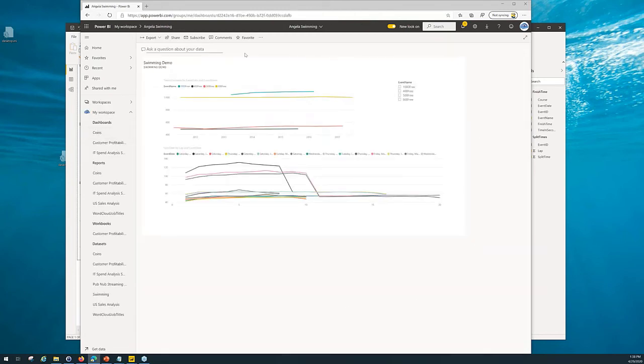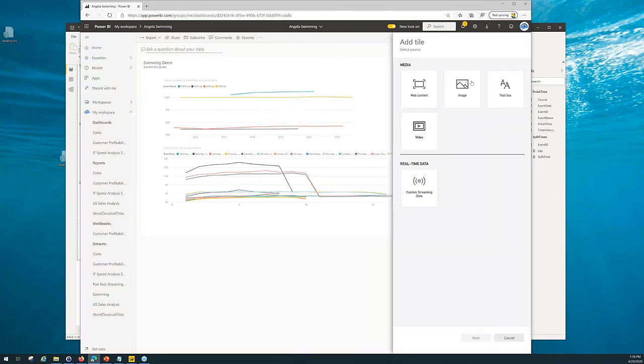And ta-da! You'll see this is an entire tile. It's pinned to the entire page here. And now we can add some additional things on here because that looks kind of boring. So maybe I want to, there's my add a tile. So we're just going to click that little ellipsis. Let's add a picture. I want to add an image so that I personalize it a little bit.